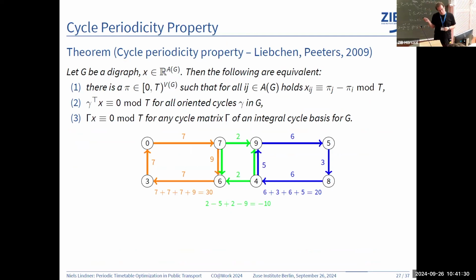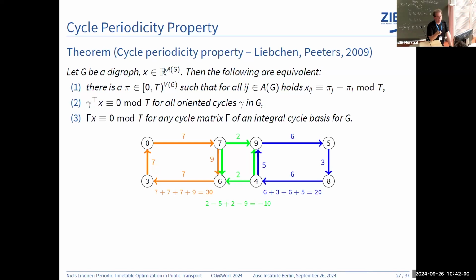The first thing: there's actually a pi such that x_ij is pi_j minus pi_i for all arcs, modulo t. So that's the thing we need for timetabling. The second condition is if I sum up the tensions along an oriented cycle, then the outcome is 0 modulo t. You've seen this for directed cycles with the telescoping sum. It's also true for oriented cycles, but you need to be careful about tracking the signs of forward and backward arcs. And the third thing is